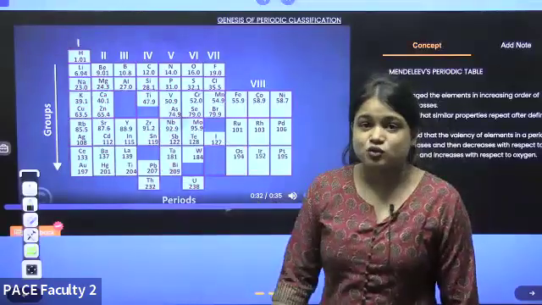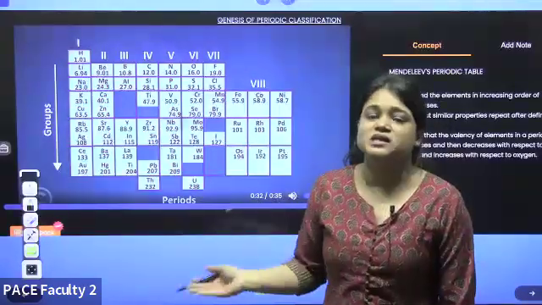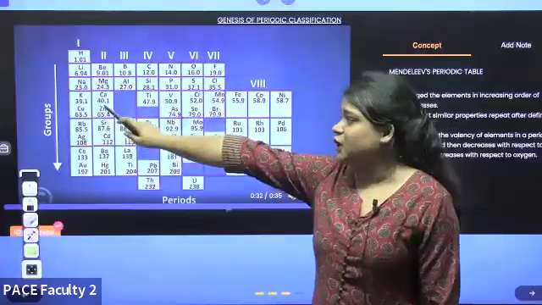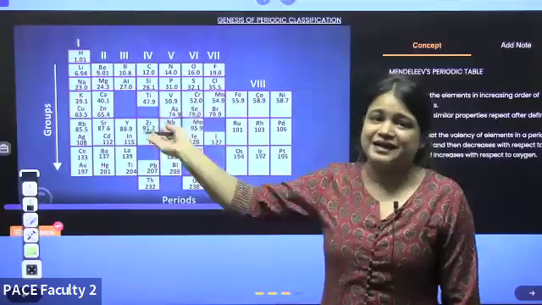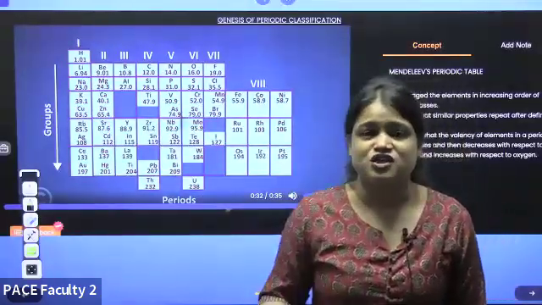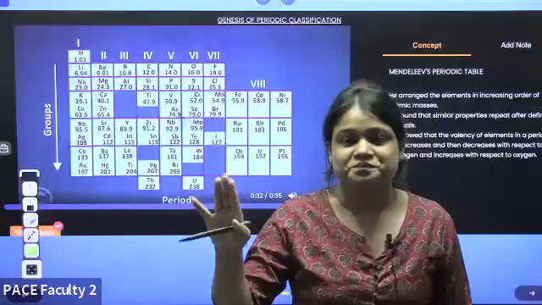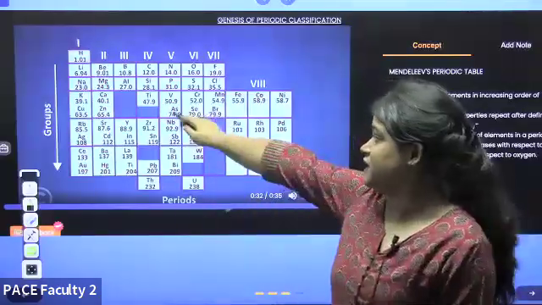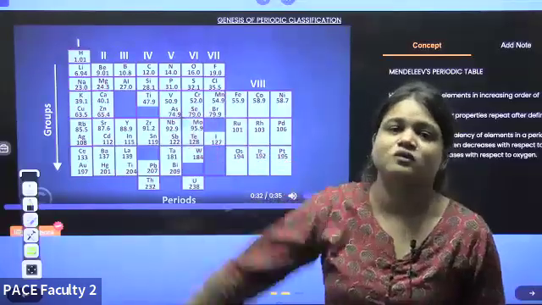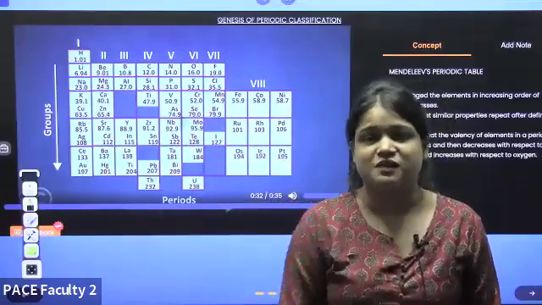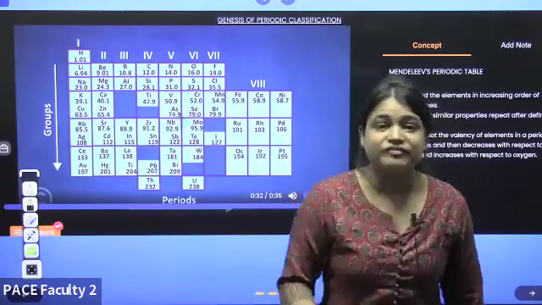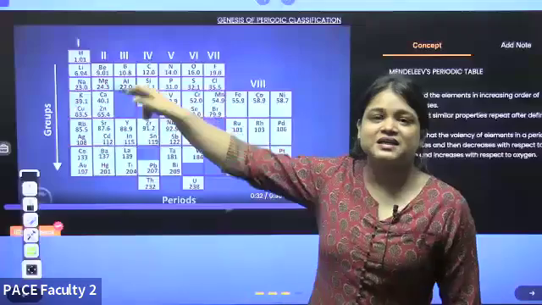There are certain gaps. You know, if he were to arrange the elements in increasing atomic masses, why put a gap? Calcium का atomic mass था 40, उसके बाद directly he should have put titanium because that was the element available with the next largest mass. But he said no. He said the properties should also match, and the properties of aluminium and titanium don't match. That is why very smartly Mendeleev left gaps, and not only he left gaps, he also predicted the properties of